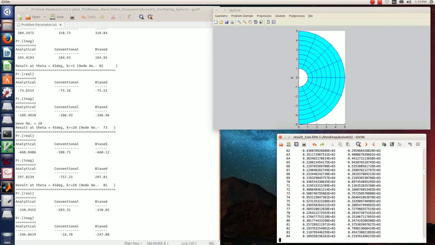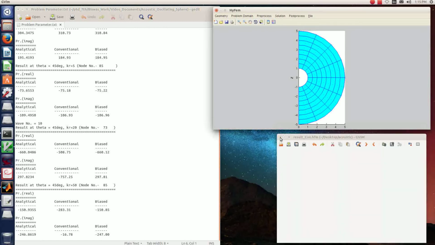At far field, real pressure is minus 283 and imaginary pressure is minus 16. So both at near field and far field, the conventional element result is very far from the analytical result.